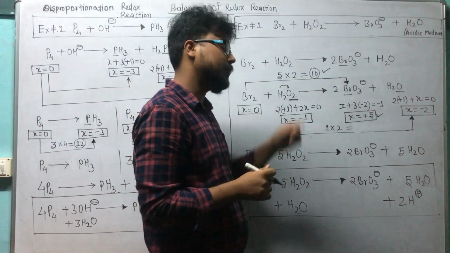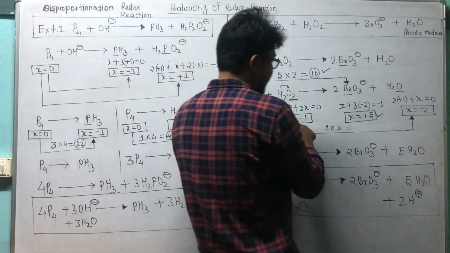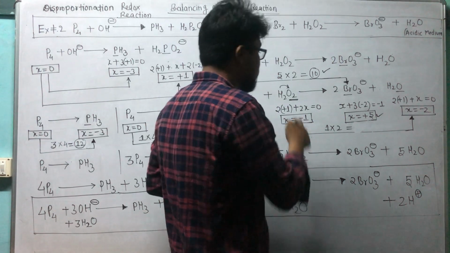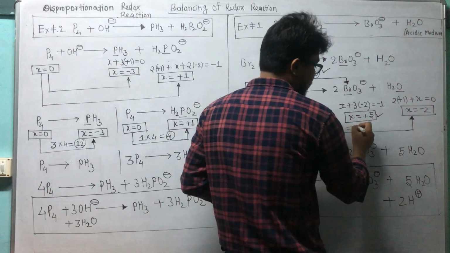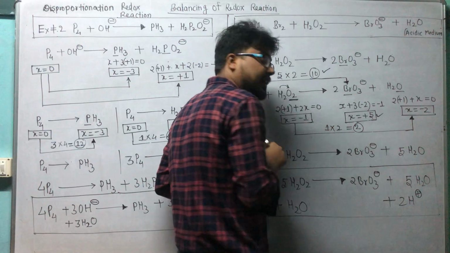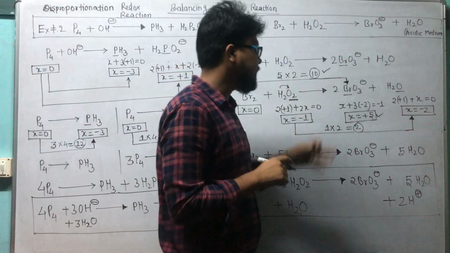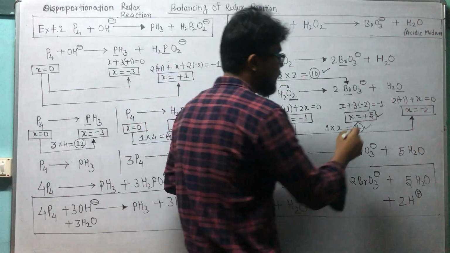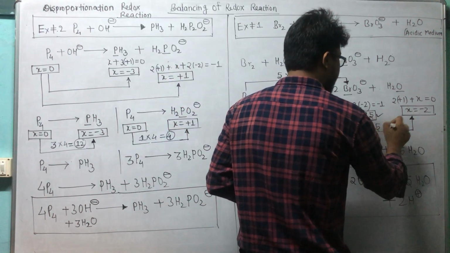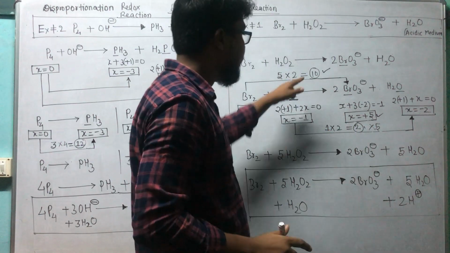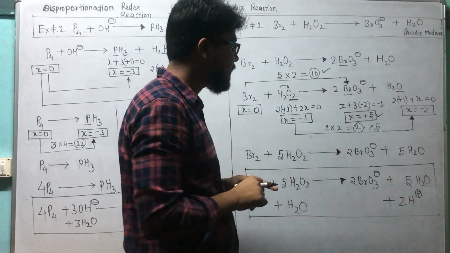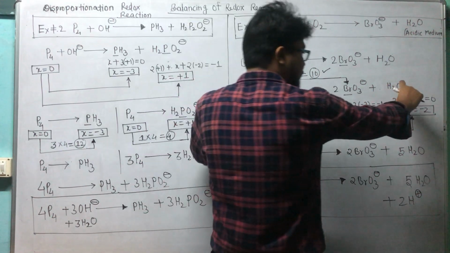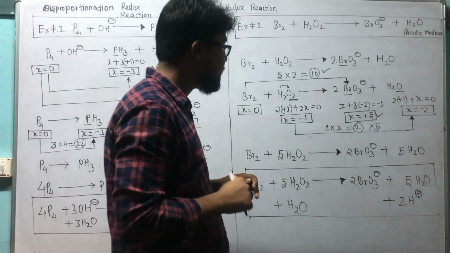After multiplying with 2. Here check, -1 to -2, change is 1. Again, why did I multiply with 2? Because there are 2 oxygen now. That's why the new factor will be 2. Now what is my next duty? I will balance this factor by cross multiplying. Or we can say, if I multiply by 5, I will get 5 into 2, 10 and 10. Now the factor will be cancelled. Correct?